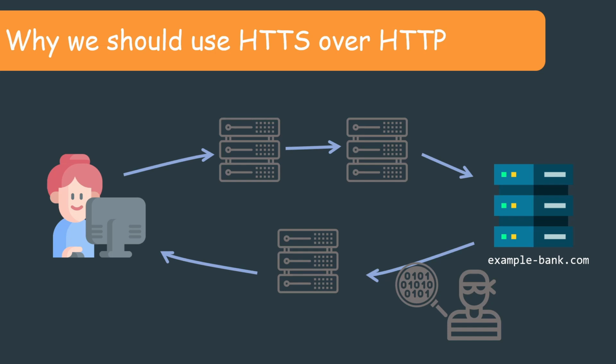And also, with HTTP, there is no way to guarantee that the destination server is who they claim to be. For example, if someone is claiming to be examplebank.com, is he really examplebank.com? Even though attacks such as man-in-the-middle attack sound too complex, it's just child's play. Thanks to publicly shared Wi-Fi in cafes and other places, there is no way you can identify the authenticity of these Wi-Fi networks, and they add one more hop on the internet to handle HTTP requests. Malicious users find your IP and can easily change responses or downgrade protocol, etc.